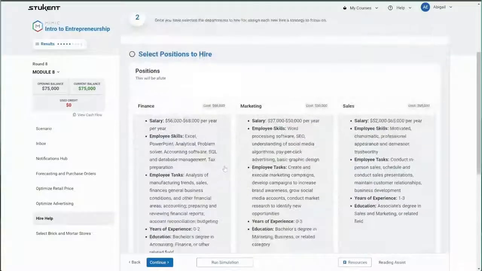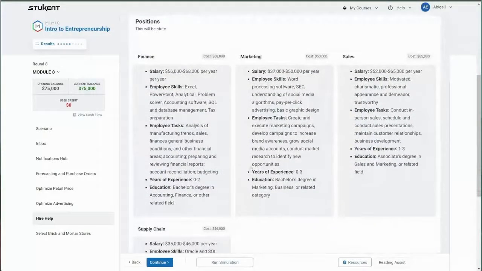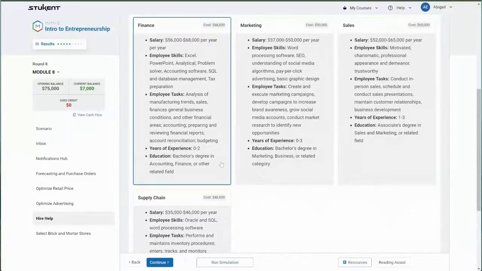With as fast as Bowie is growing, students should consider hiring a few employees too. They can hire for as many positions as they would like, so long as they can afford to do so. Students have the opportunity to review a list of candidates, view their resumes and qualifications, and make decisions on who will be the best fit for Bowie. The ability to build a great team is one of the most valuable skills an entrepreneur can develop.